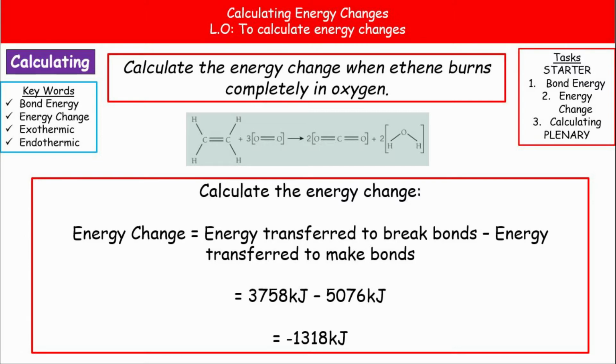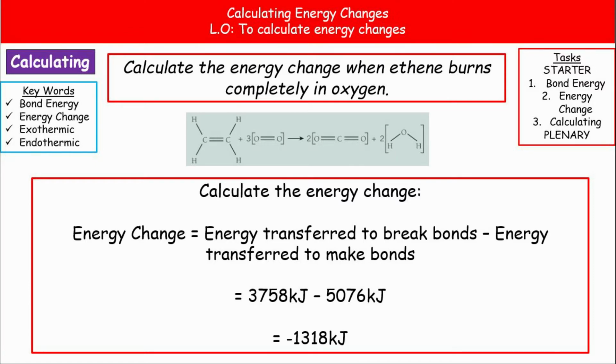The last thing we need to do is actually calculate the energy change. So we know the energy transferred to break the bonds, and we know the energy transferred when new bonds make, and then to work out the energy change, it's just the energy transferred to break the bonds in our reactants minus the energy transferred to make the new bonds in our products. So always reactants minus products. So in this case it's 3,758 minus 5,076. Put that into your calculator and you'll get the answer of minus